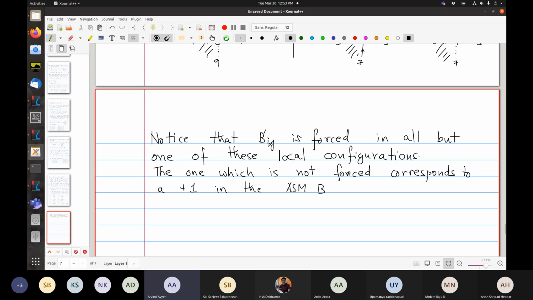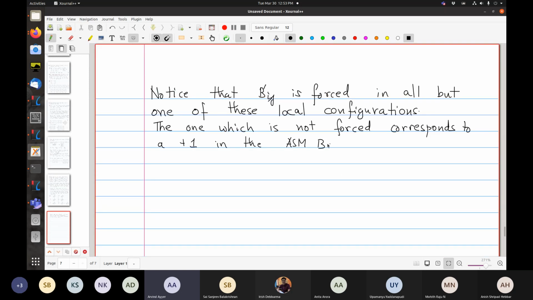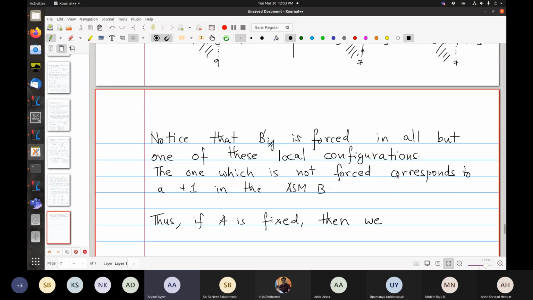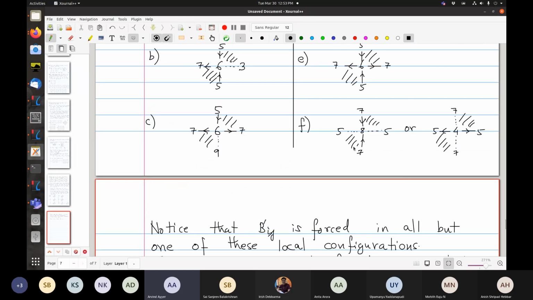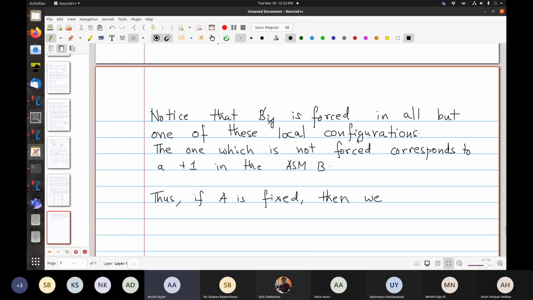Yeah. Okay, is that clear? Thus, if A is fixed, then we get two ASMs B every time there is a